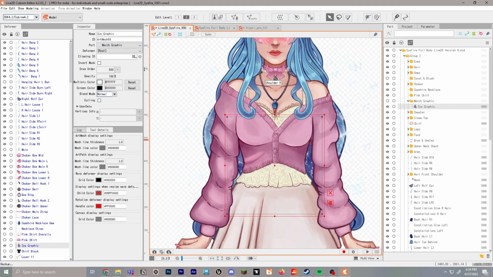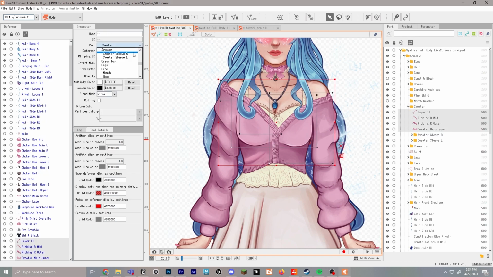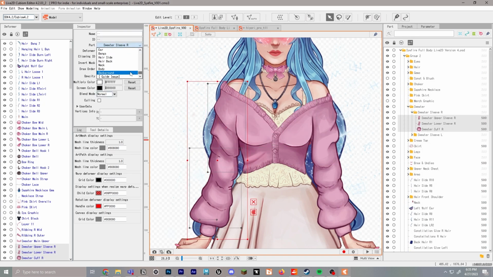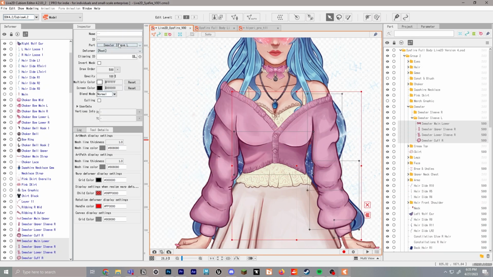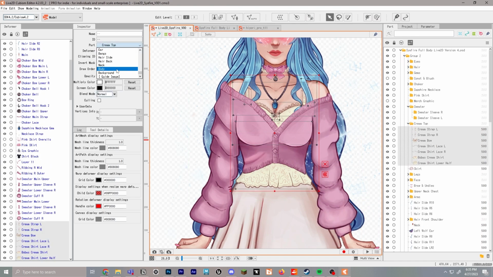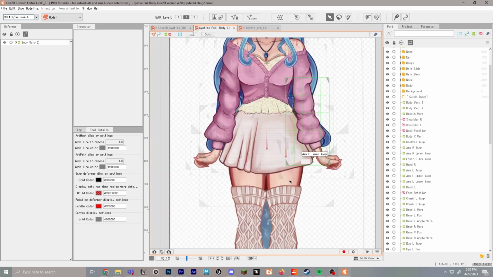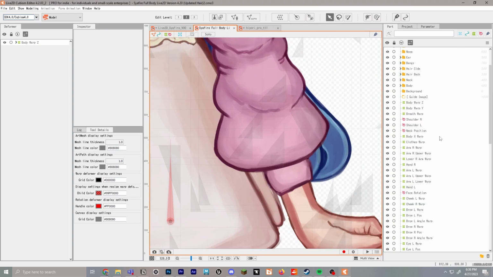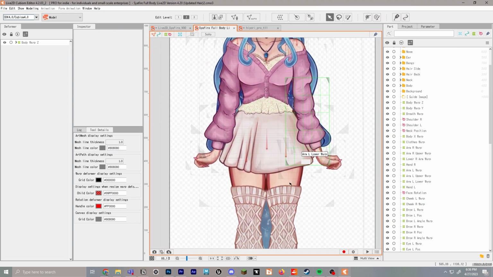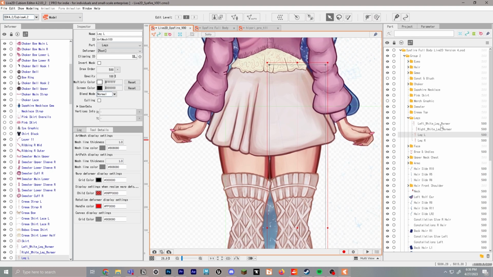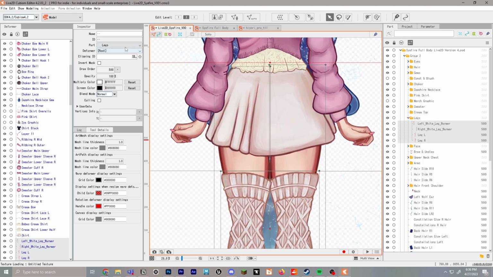As we're speeding through here, I just want to remind you how proud of yourself you should be. This takes a lot of work, and if you're feeling frustrated or confused, remember you can always rewind the video, and there are several resources here on YouTube and on the Live2D website. Remember to save your work, super duper important because you don't want to lose things. Next we'll go to the legs, and for the legs they're also going to be a part of the body. So let's do that next.